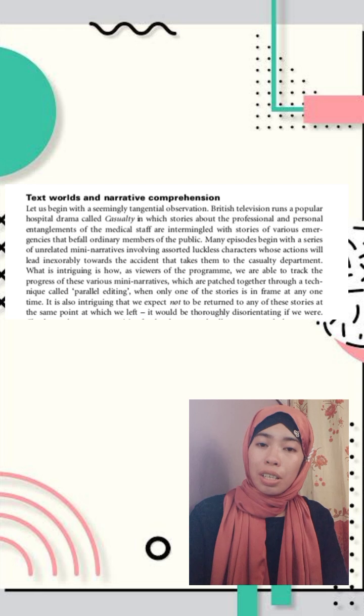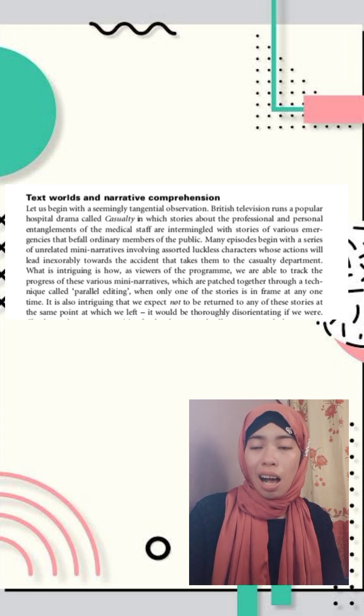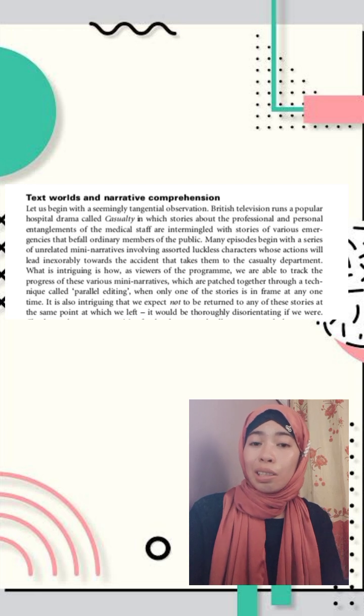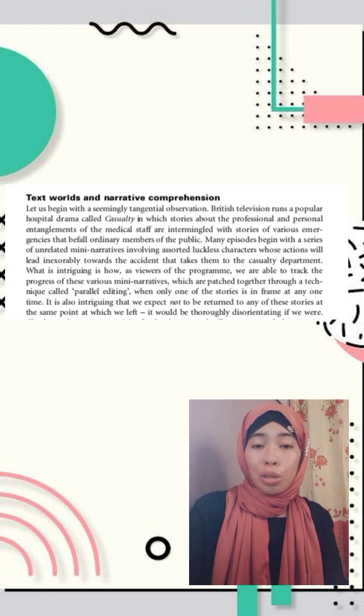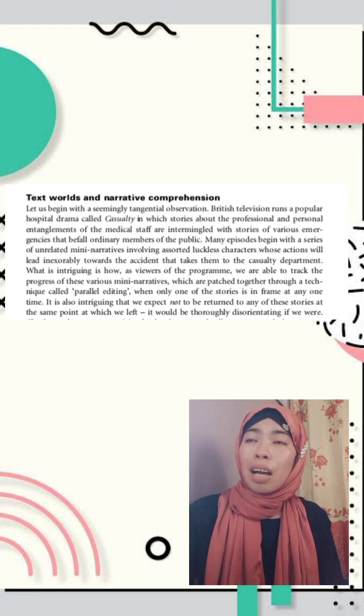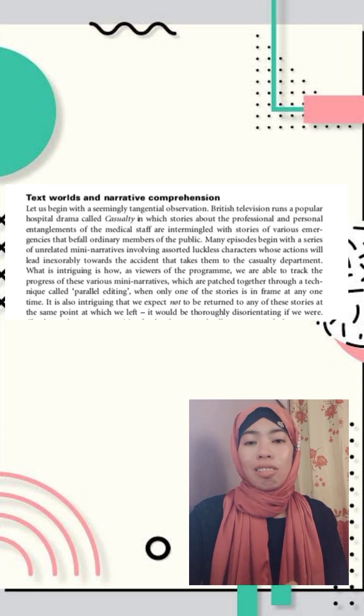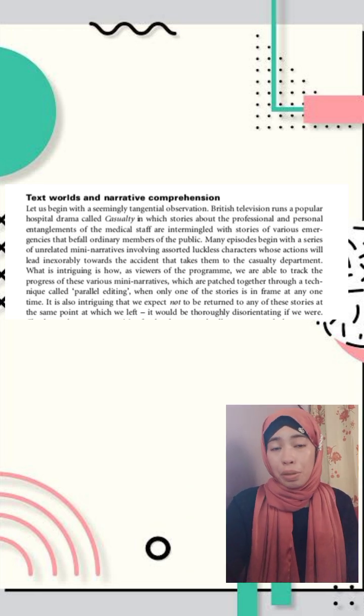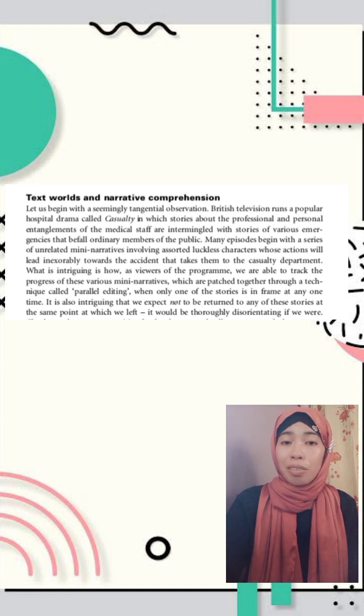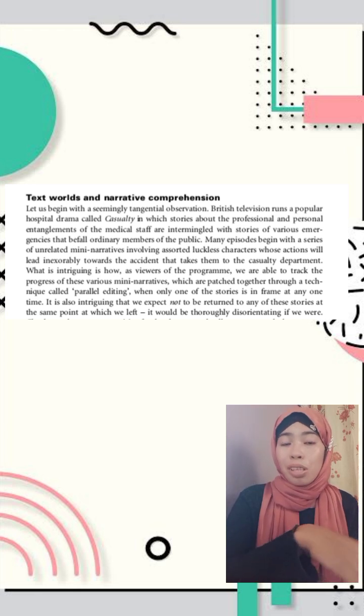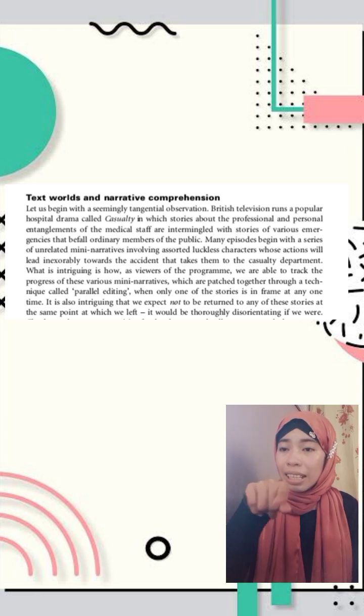So one interesting aspect highlighted is how viewers, through a technique known as parallel editing, can follow the progression of these diverse mini narratives. So this technique involves showing only one story at a time on the screen, even though multiple narratives are unfolding simultaneously. In fact, viewers are able to keep track of these stories and anticipate their development, even when the focus shifts between them. So, it is noted